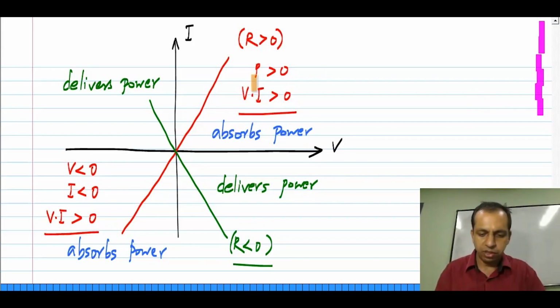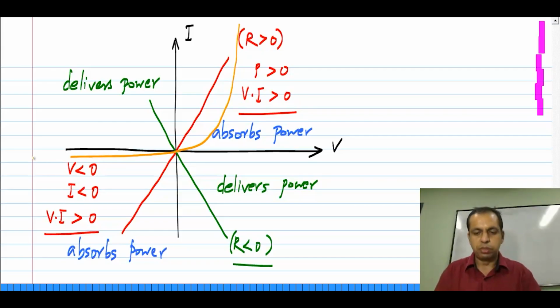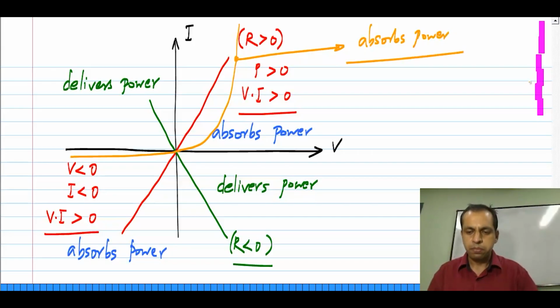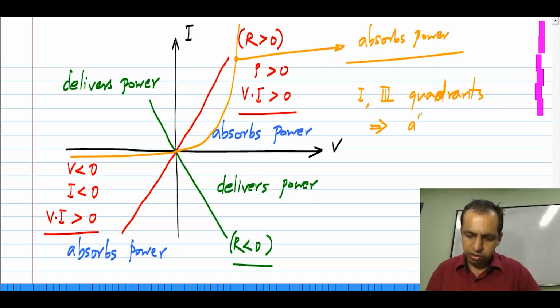So, let me draw one such example here. This element may be familiar to some of you. There is something called a diode, and its characteristic passes through the origin, and it looks something like this roughly. It is nonlinear, so it is harder to analyze circuits with diodes, but one fact is certain, that because the characteristics lie only in the first and third quadrant, this also absorbs power. So, if you are in the first and third quadrants, it means that you absorb